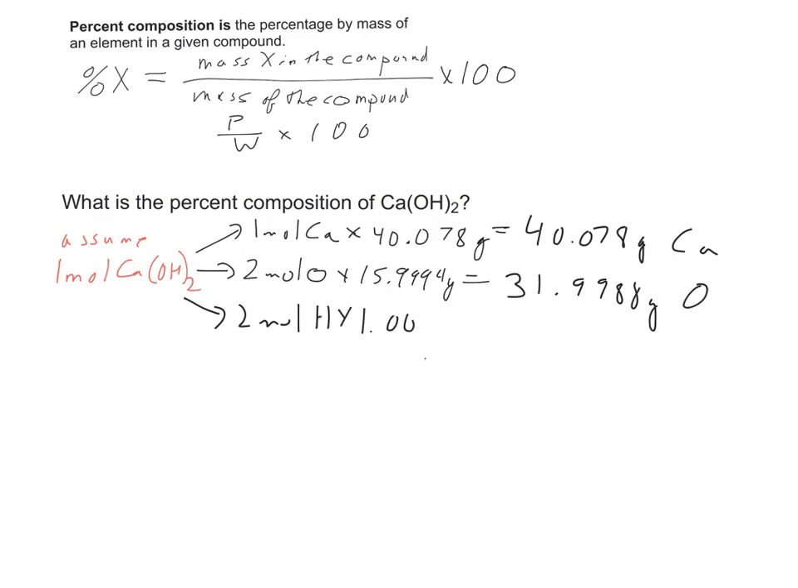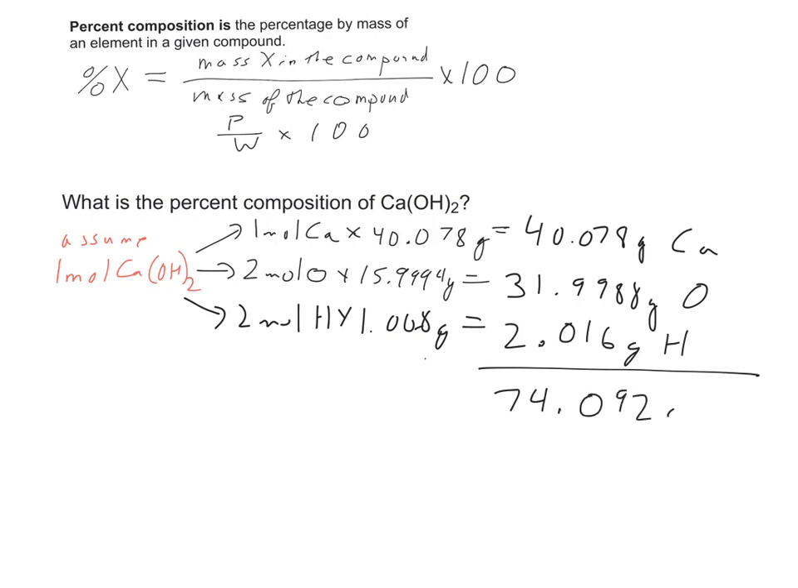each at 1.008 grams. So my total mass of hydrogen would be 2 times 1.008, or 2.016 grams hydrogen. So now I have the mass of each element inside 1 mole of the compound. So I need the total mass of 1 mole of the compound, so I'm going to add those numbers together. And that gives me 40.078 plus 31.998 plus 2.016, or 74.092 grams of calcium hydroxide